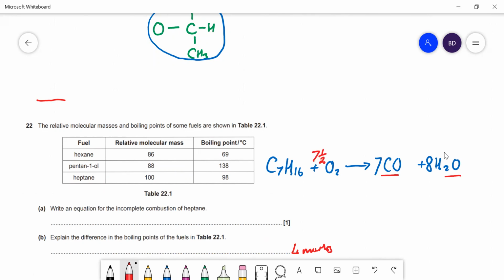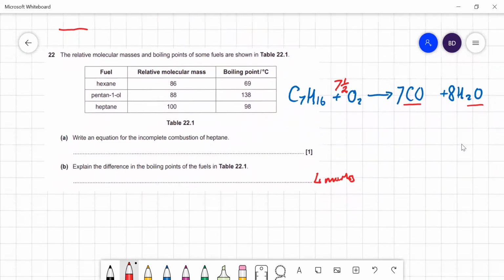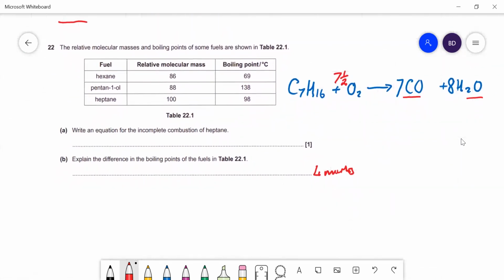Okay. Right. Explain the difference in boiling point. So there's just 1 mark for that. Boiling points. Now 4 marks here. Okay. Now pentan-1-ol has obviously got a much higher boiling point, a considerably higher boiling point anyway, and that